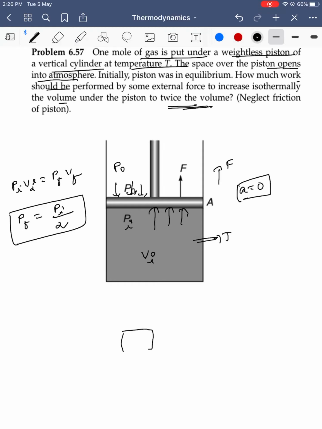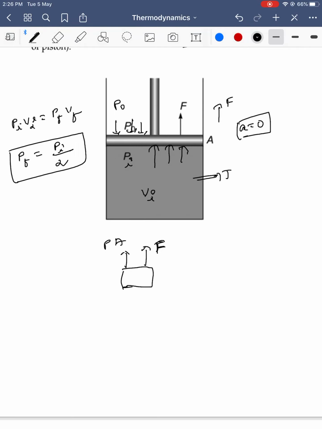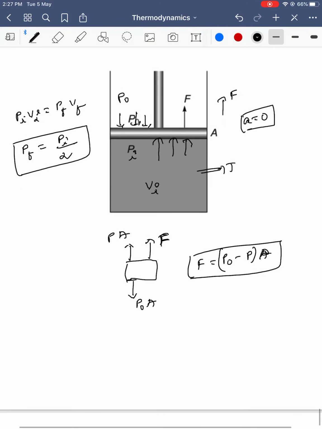Now he is asking for the work done, so let's draw the free body diagram. Some external force should be applied outside. To increase the volume, force should be applied upwards. At any position the pressure is P and the area is A, and there is P0 into A because of atmospheric pressure. So F is equal to (P0 minus P) into A. This is the force that must be applied. So the work done is equal to